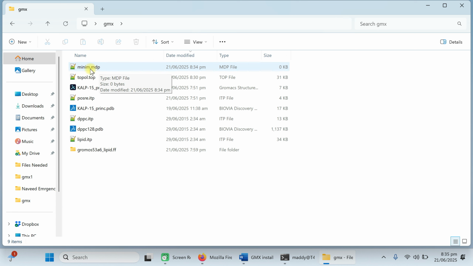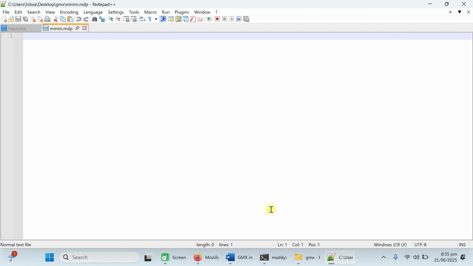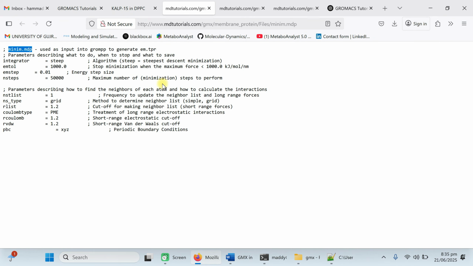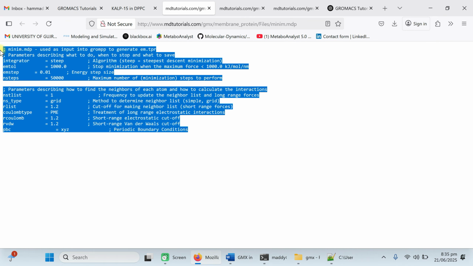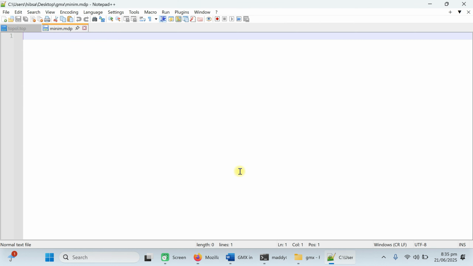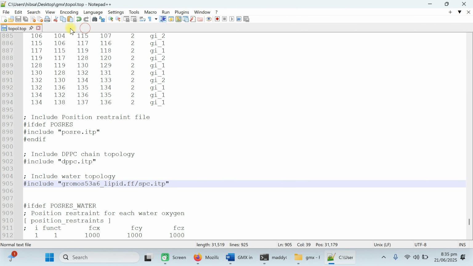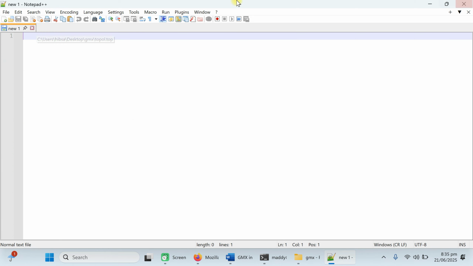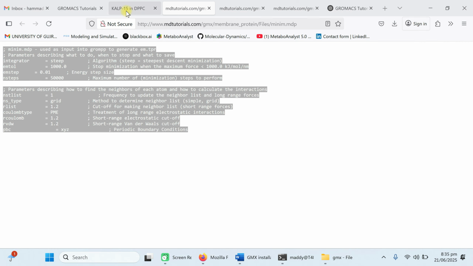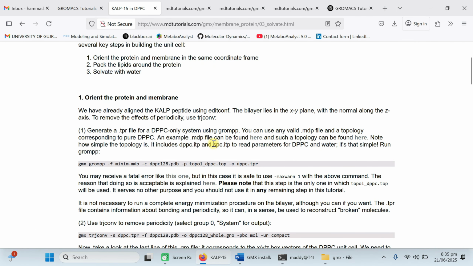Be conscious that you need to change the extension. Double click and open it. Now copy all the content from here and paste it in here. Ctrl S, save and close. The one file is saved. In the same way, you need to save another file